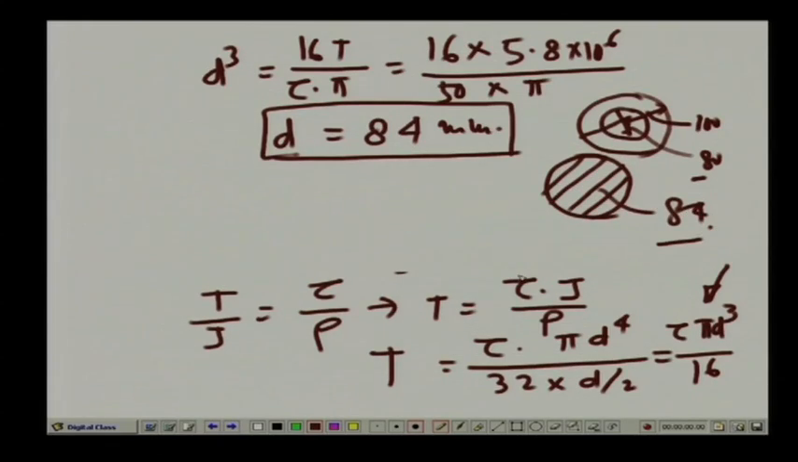Now, if we like to compare the weight of these two elements, basically the ratio between the weight of hollow and the solid will be in the ratio of their area, because if we take per unit length and if we take the same material, so naturally the unit weight is the same. So, the ratio of the area will give their weight ratio. So, ratio of their weight,